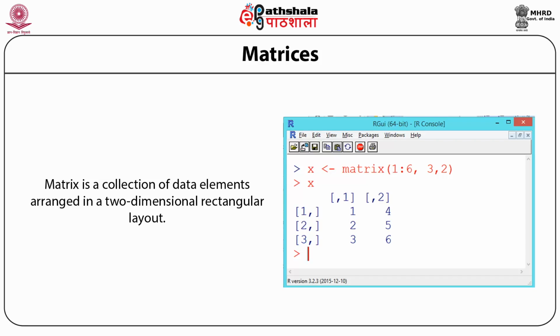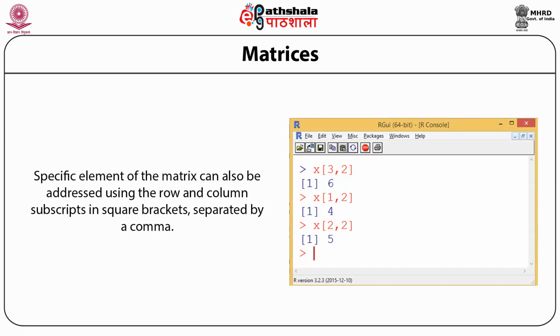So we can see the data arranged in a row and column manner, that is called a matrix. The elements are arranged like 1, 2, 3 and 4, 5, 6. The first one shows first row and first column, 4 is first row and second column, and similarly others are printed. To access a specific element of the matrix, we should use the address of row and column,